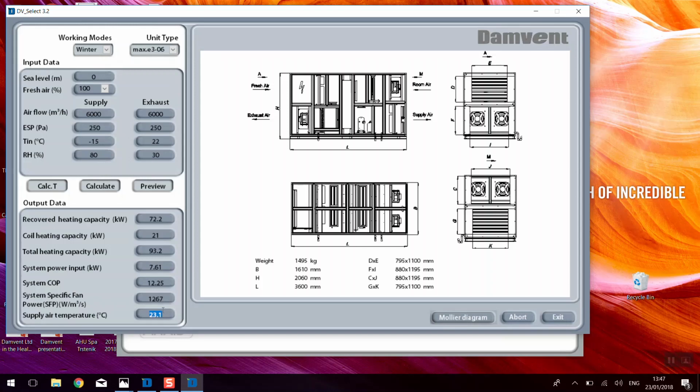Here is the moment to focus your attention on the fact: please make sure that your supply temperature in winter mode is always equal or higher than the extract temperature from the room. This is very important, because if it's lower, it means that this unit or this built-in heat pump is not well sized and designed. Then we go to the preview,